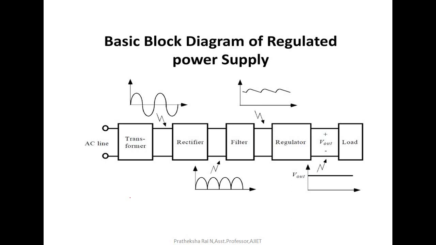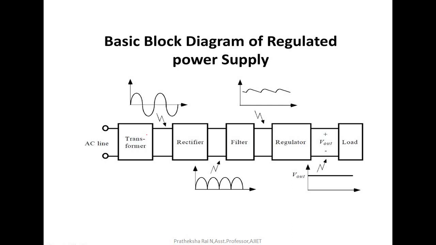So if we check the block diagram here properly, the input is an AC line, it is given to a transformer, and I told you in the previous session also, the transformer which is used here is a step down transformer. What does it do? It will reduce, or step down, the voltage to the required level. So 230 volts to 12 volts, or 230 volts to 24 volts, whatever required level. So it is reducing the voltage, so that's why we are making use of a step down transformer. In case of the rectifier, what is it doing? It is converting AC into pulsating form of DC.